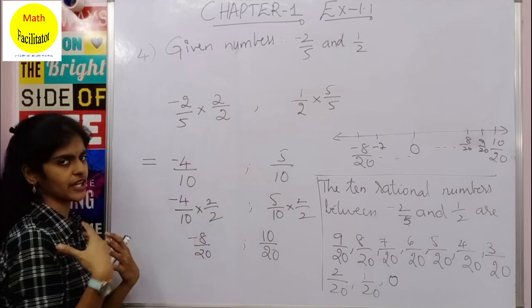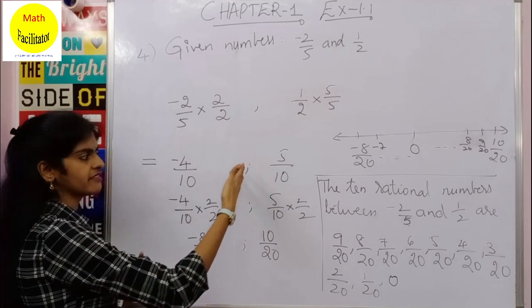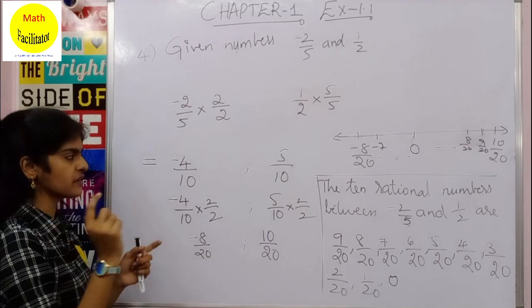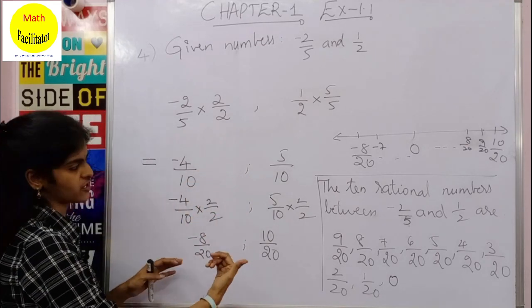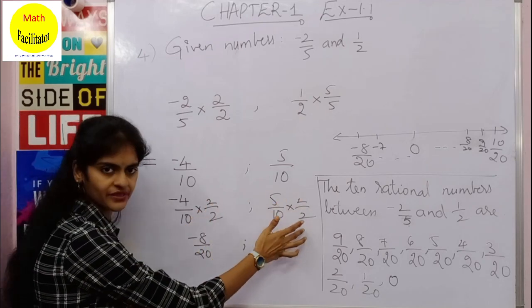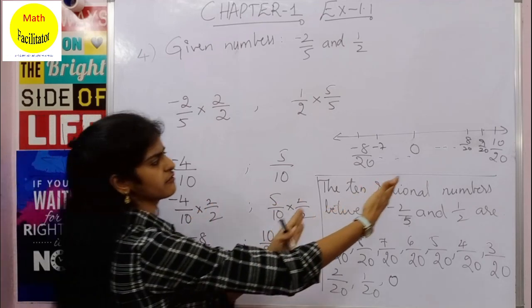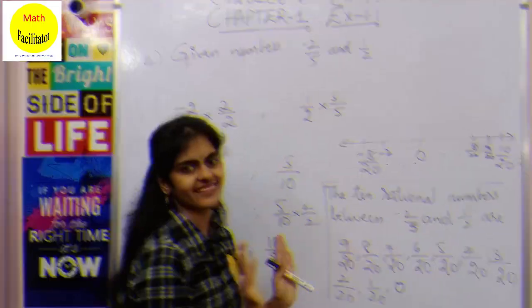In this case you cannot, because as you count you can find only 8 rational numbers with the same denominator. So what are we doing? We are converting it into an equivalent fraction, nothing but multiplying it by 2. Now you can see you have many rational numbers and we have inserted them comfortably.